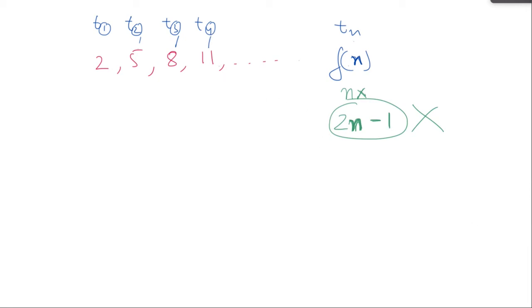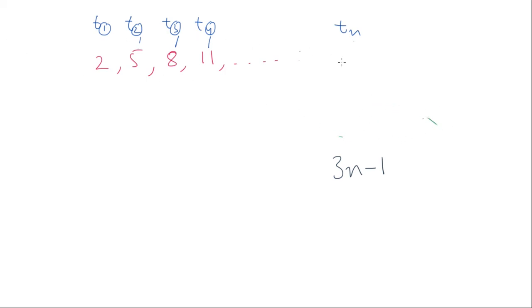Okay, Abhinav, tell me. So it's 3n minus 1. 3n minus 1, absolutely right. 3 into 3 minus 1 is 8, 3 into 4 minus 1 is 11, 3 into 2 minus 1 is 5, so it is working for all. So the term over here must be 3n minus 1. This is how we identify. I'll give you a very simple way of identifying. The jump is how much?